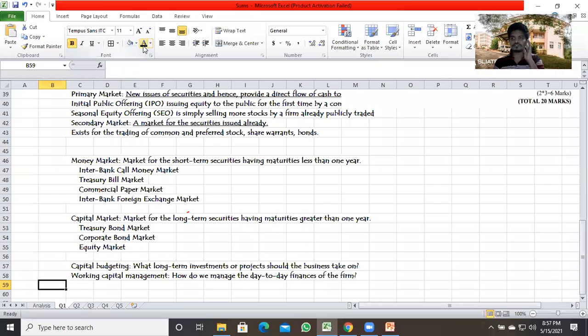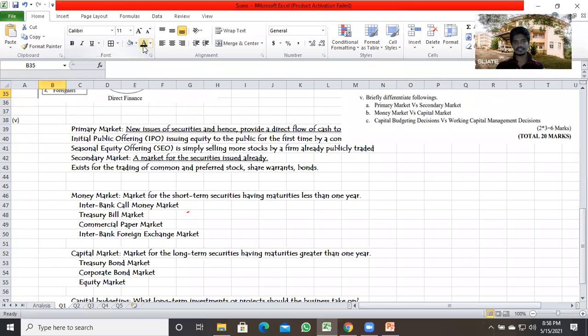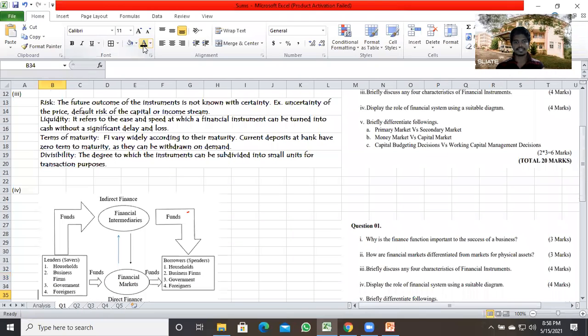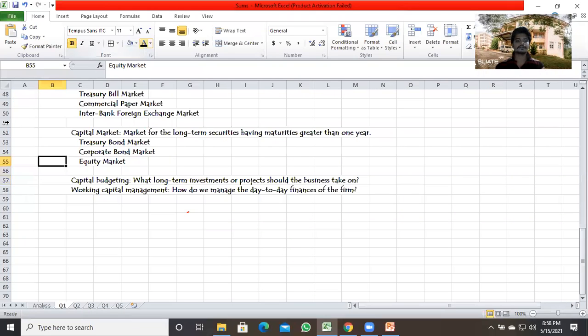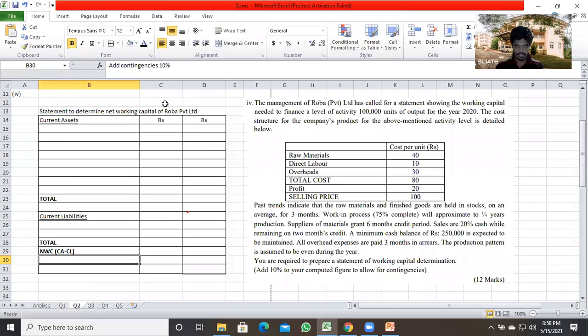Working capital management is about the routine activities: how much raw materials we keep within our premises, what the debtor balance should be, and what minimum cash balance we should maintain. That is the working capital management decision. Simply, it's about the routine activities within the firm. That's the first question. Discussing these things here is actually meaningless. You can read and identify, you should study. I will upload this material also, then I will go to our main task.